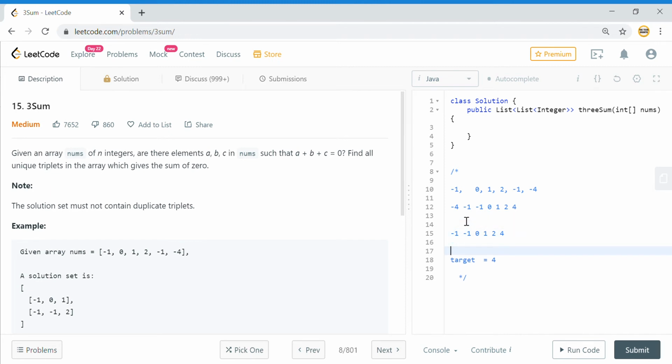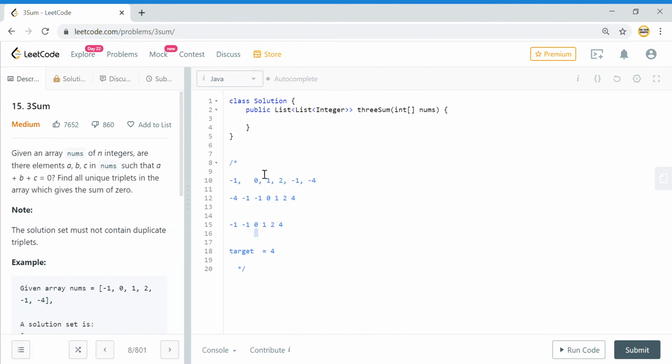Here my lower bound is minus 1 and upper bound is 4, so the sum becomes 3. Now the sum is less than my target, so I need to move my lower bound in this case. And when I move my lower bound, if there are duplicates, then I need to skip them as well. I need to skip this minus 1 and I have to jump to 0 directly. So these things we have to keep in mind while coming up with our solution.